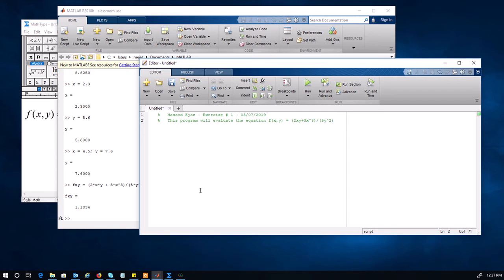So you can write some description of what the program does as a comment. That's perfectly fine. Actually, it's a good habit of good programmers. And then